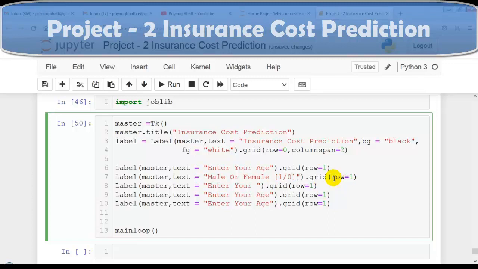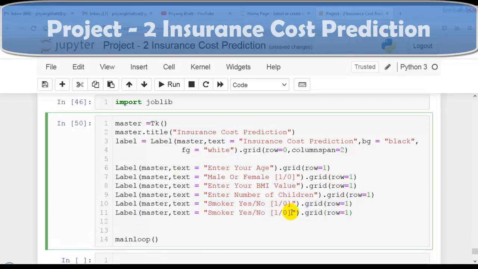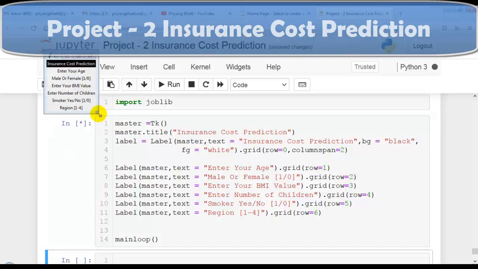Here enter your BMI value, here enter the number of children, and here we have to ask smoker yes or no, and we want the answer in 1 or 0. Still 1 is remaining, so let me ask for the region. In the US, the value is between 1 to 4. So this is at row number 1, this is at 2, 3, 4, 5 and 6. Let me execute this cell.